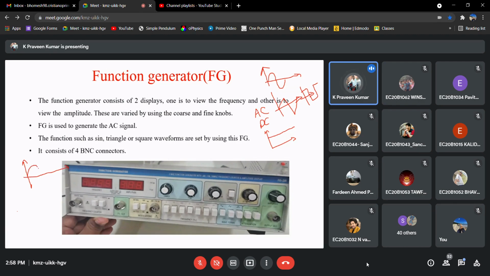So let us say this is my sinusoidal signal that I am generating from the function generator. So let us say this is time and this is V in volt, that amplitude in volt, and this reference is 0. Okay. So now if you observe, if you calculate the average, what is the average value of this sinusoidal function? What is this average value?